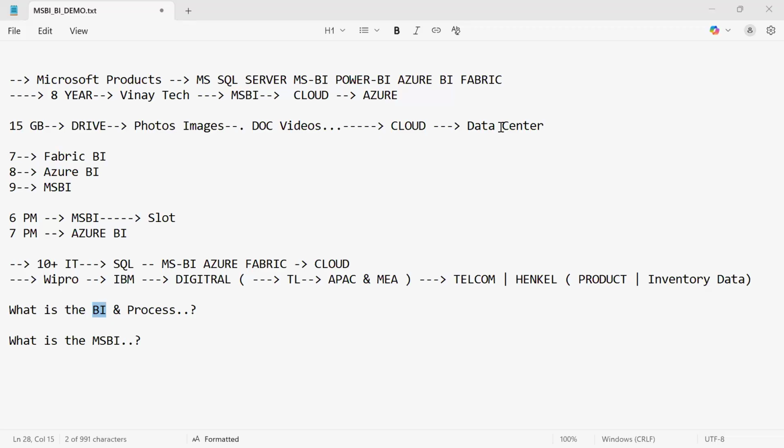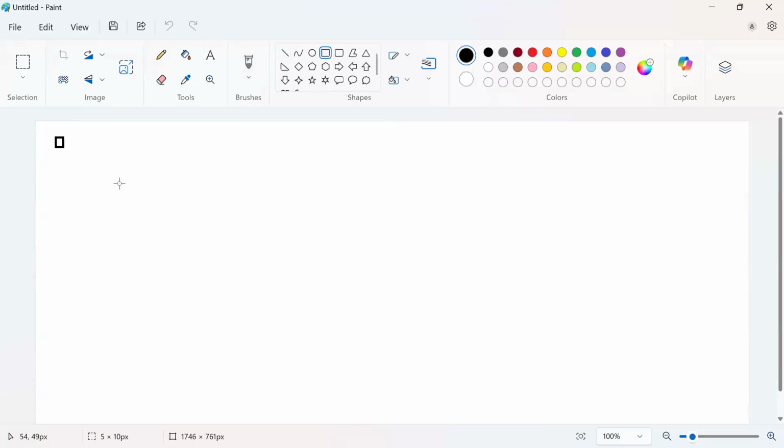If you see the other coding jobs, most of the coding jobs are adopted by other AI tools. But BI is something that helps the business in terms of growth, in terms of decision making. So decision making is very, very important for any business, for any company. So if you started some business, for example, take DMart or Walmart, anything.